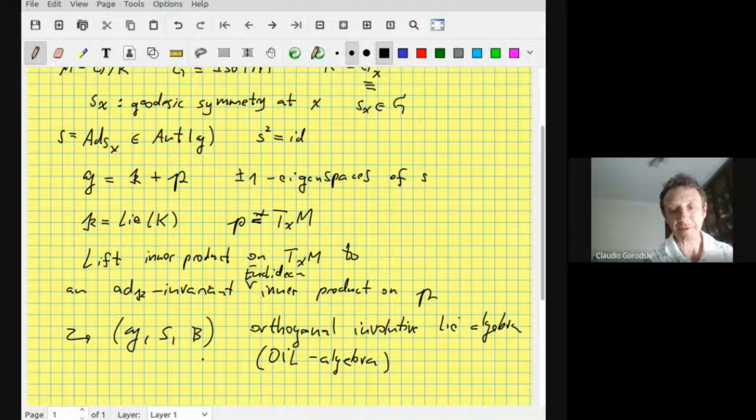So orthogonal refers to the existence of B, right, involutive, because we have this involution. So this is what we call involutive decomposition